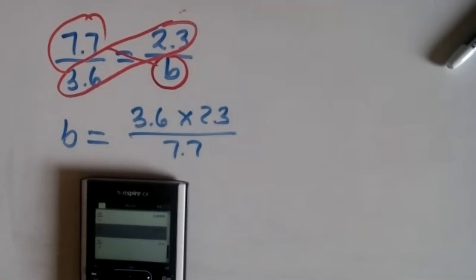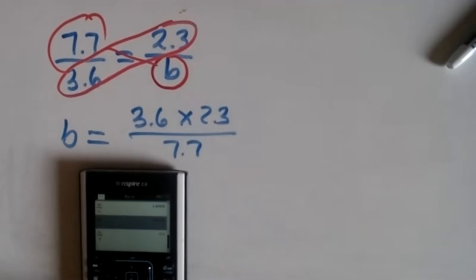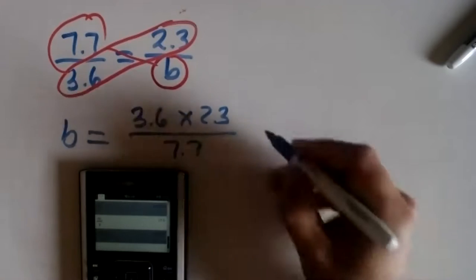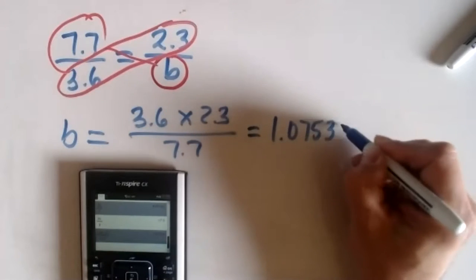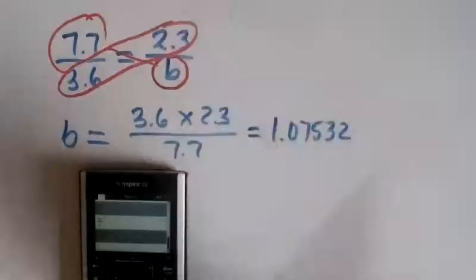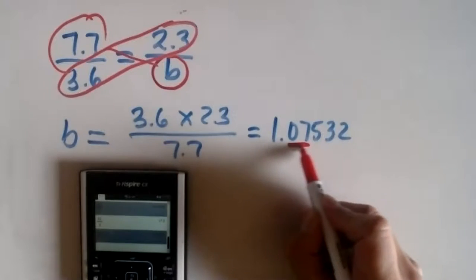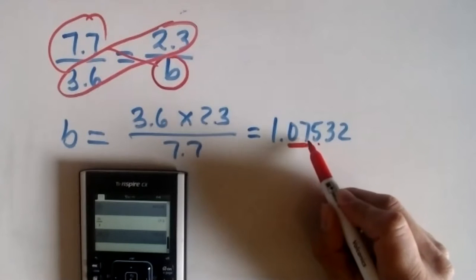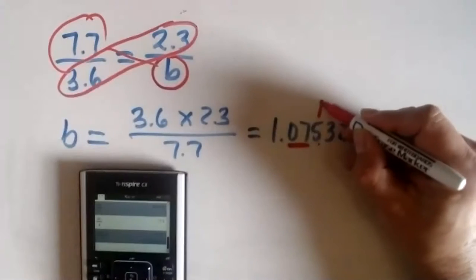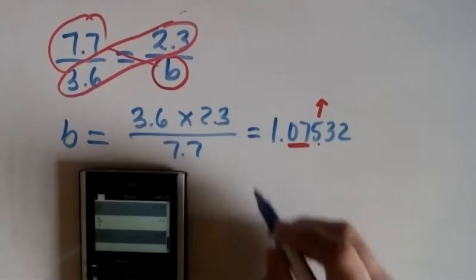Again, your calculator is going to help you in this situation. So you put 3.6 times 2.3 divided by 7.7, you press enter, and then you can see all the numbers you get. In this case, 1.07532. Remember the rounding. I want you to round to the first two decimals. If this is a 5 or more, you put this one more. So you are going to round up because of the 5, and then this is going to be